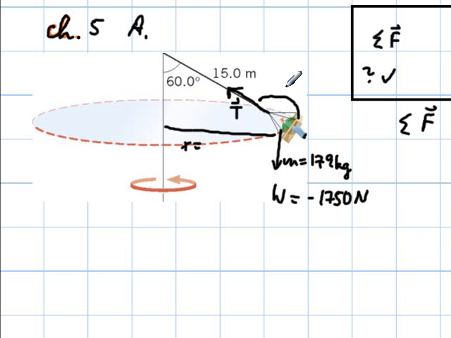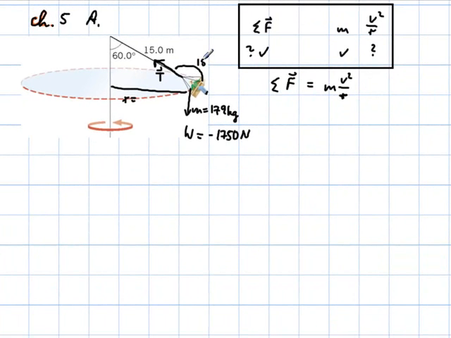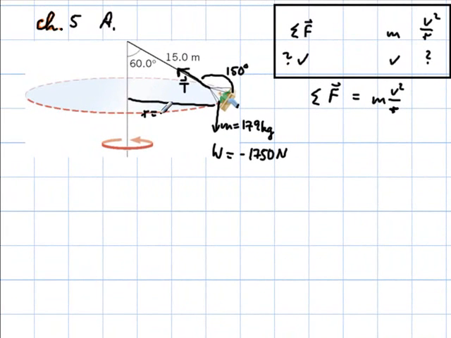So I'm going to have, let's see, that one is 150 degrees. And then I'm going to take 15.0 times the cosine of 150 degrees. Comes out to negative 13.0